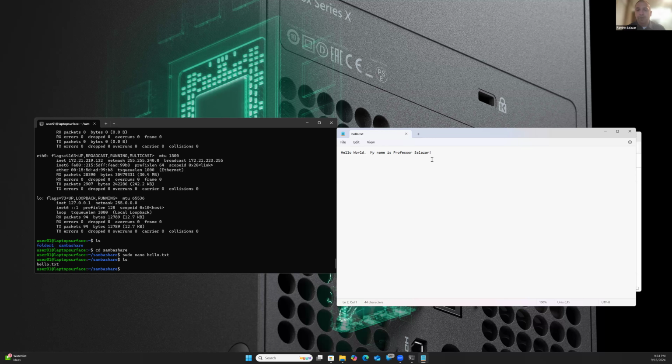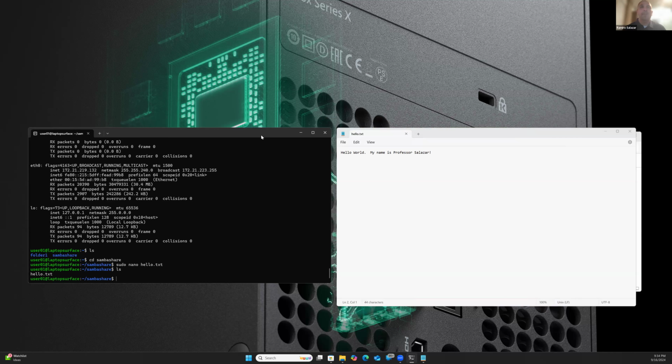Now I can go back and forth here because essentially what I'm doing is accessing a shared folder across the network. This is not just from within my own computer. I'm using the Windows Subsystem for Linux, so this Ubuntu machine is running on top of my Windows machine. But I'm also able to access a shared directory from my Windows computer over to the Ubuntu machine. So I'll give an example of this. If I go here and I type in